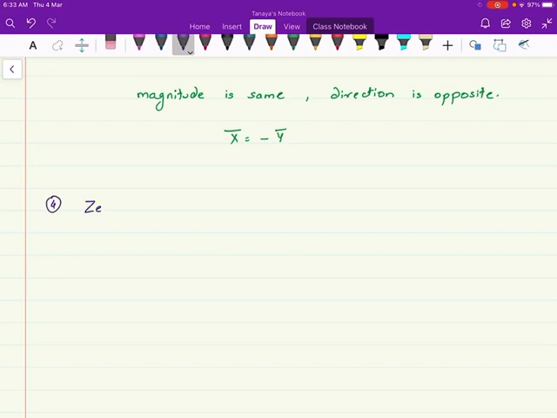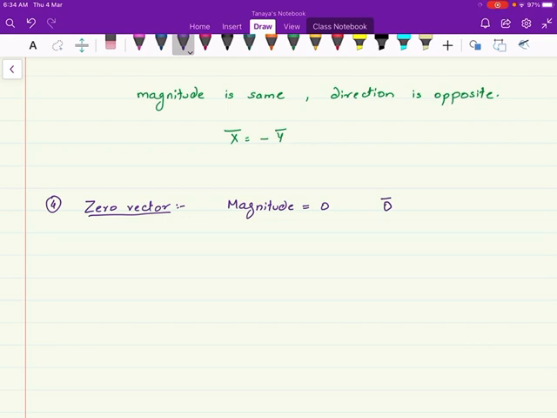That is a zero vector. So from the name itself we can come to know that a vector whose magnitude is 0 is called a zero vector, and we can represent it by 0 bar. It does have some direction, its magnitude is 0 in a particular direction, okay, but the magnitude is 0. We also call it a null vector.